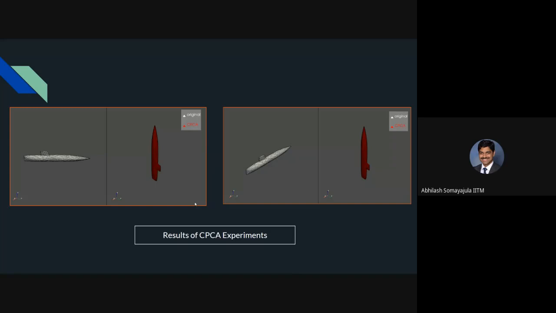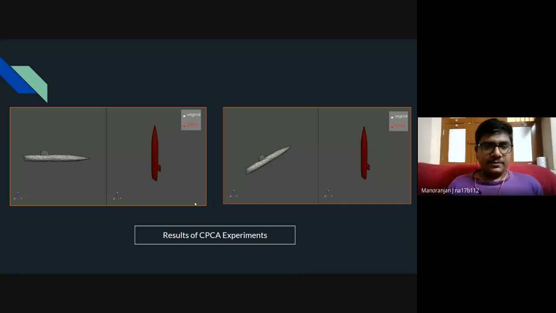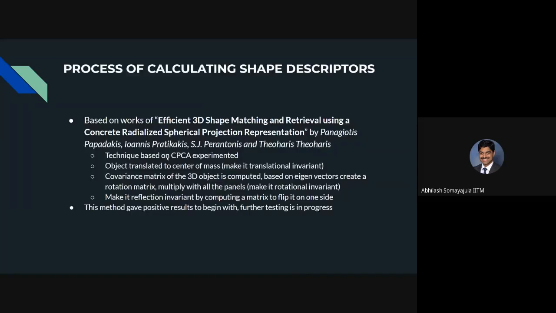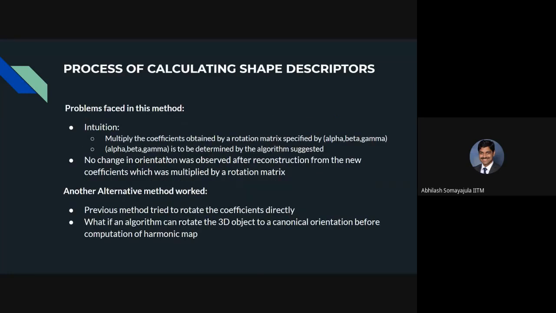What I'm afraid of with CPCA is that it relies on the geometry of the object, or it depends on the original geometry in order to find its canonical orientation. Yes, sir. That's what it is, correct. And that's not an algorithmic view of it, but rather a data view of it, in the sense that it depends on the data points rather than on an algorithmic way of coming to a canonical orientation. Whereas the other approach, which the Lee and Hartley paper was looking at, was more of an algorithmic view of bringing it to a canonical orientation.